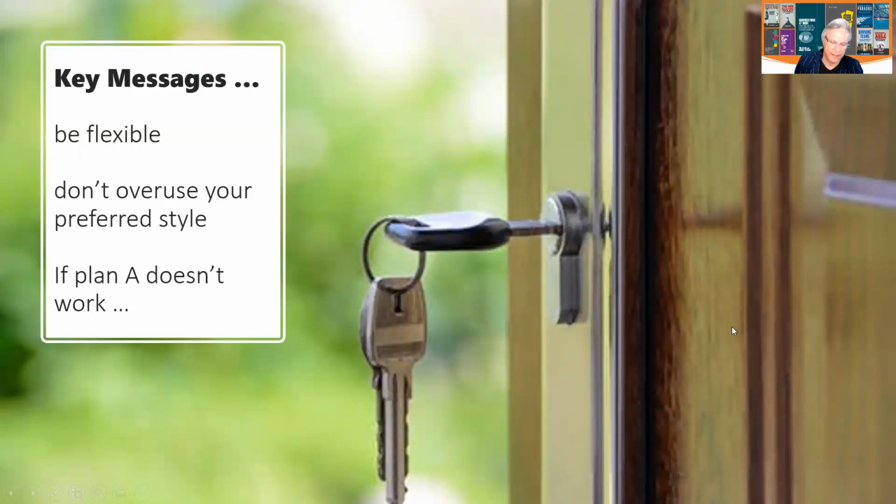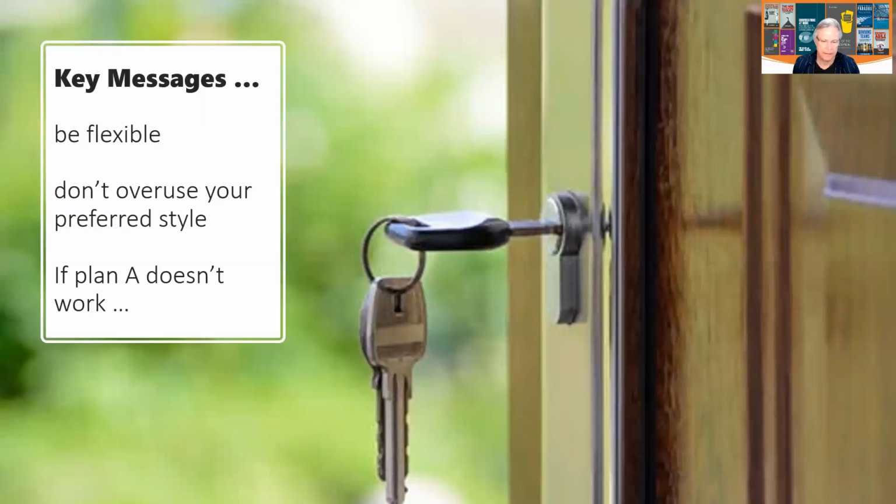Okay, so look, what are the key messages out of all of this for you today? I think the key message for you, or three messages actually, is be flexible. So next time you're in a conflict situation and something isn't working for you, don't keep banging on with it. Try a plan B or a C or a D or even an E if it's possible. Don't overuse your preferred style, because if you overuse it, you'll be less effective as a team leader. And this applies working remotely or in an office. And in some cases, it's more relevant working remotely. So be prepared to be flexible and don't overuse your style.